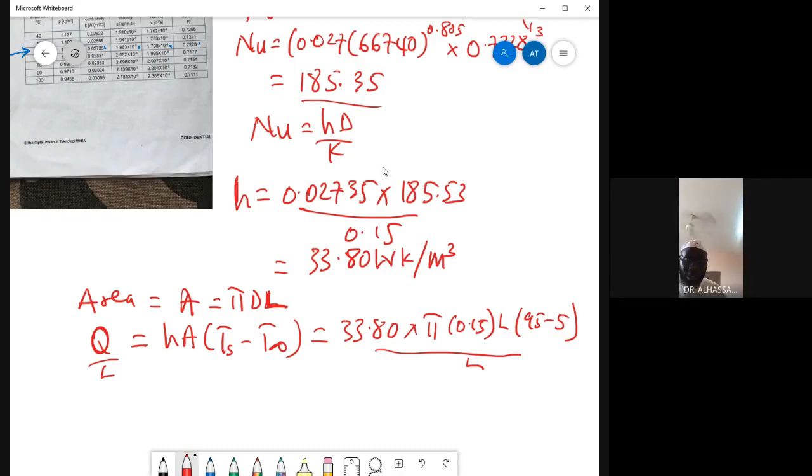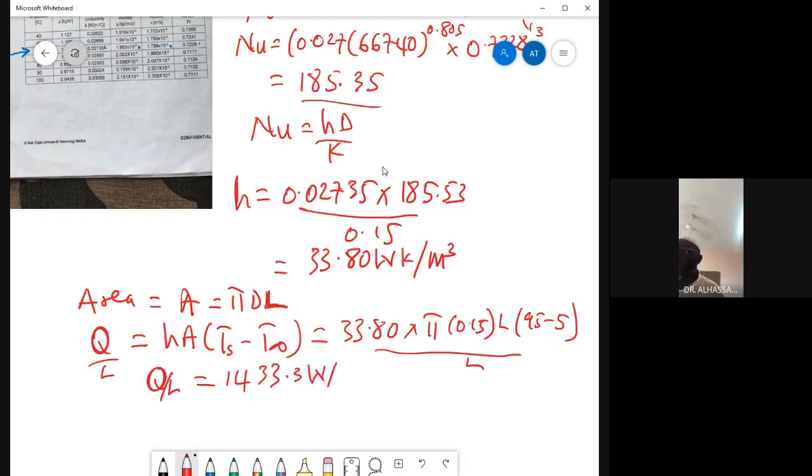Q per unit length will give us approximately 1433.3